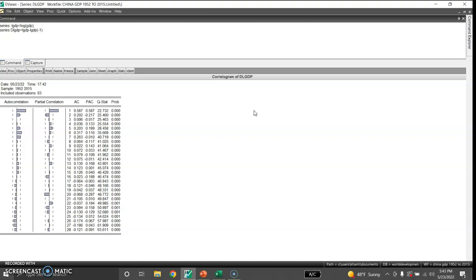Okay, and the partial autocorrelation coefficient is statistically non-zero when the lag order is equal to 1, and it is also significantly different from 0 when the lag order is 2. So P equal to 1 or P equal to 2 can be considered, and considering that the judgment is very